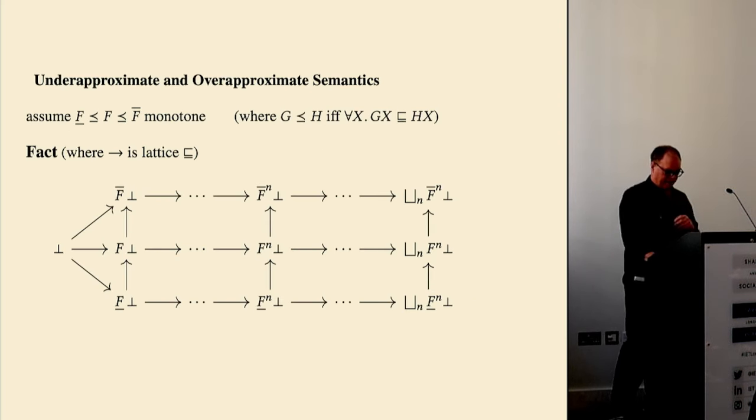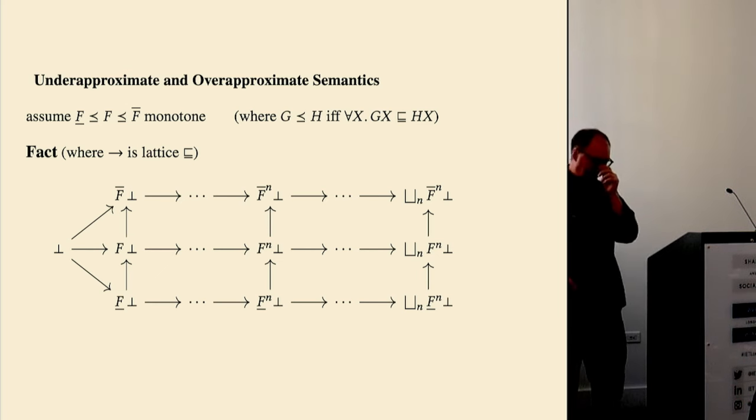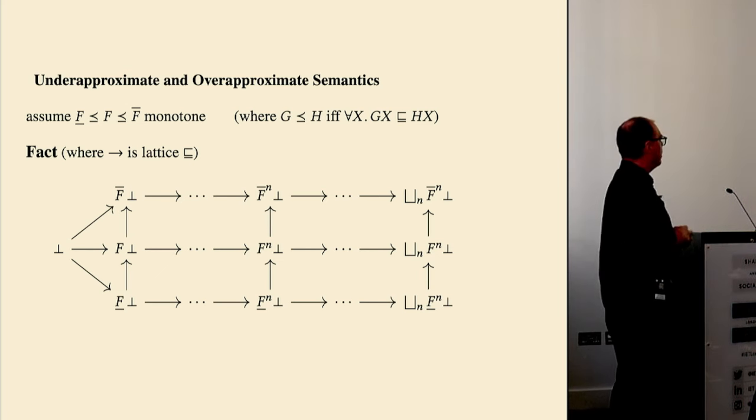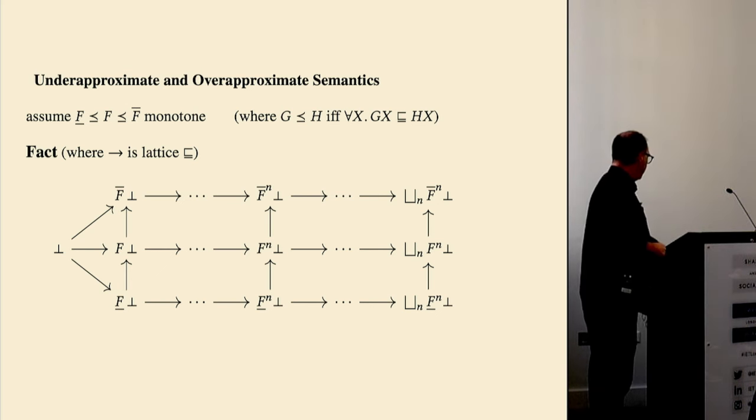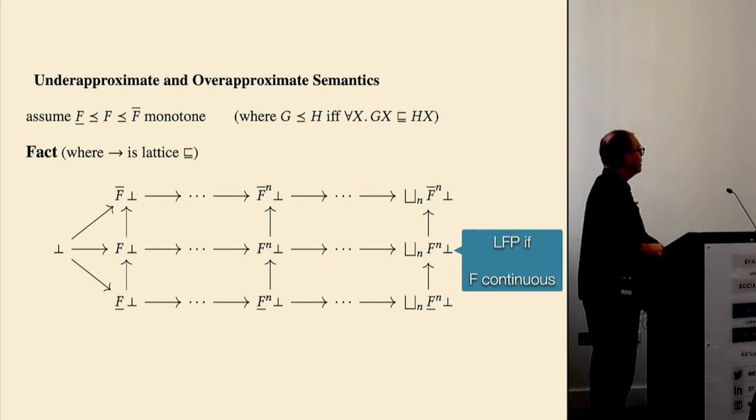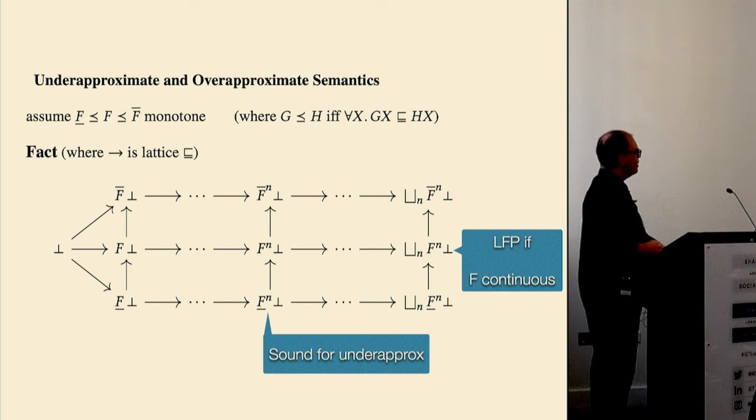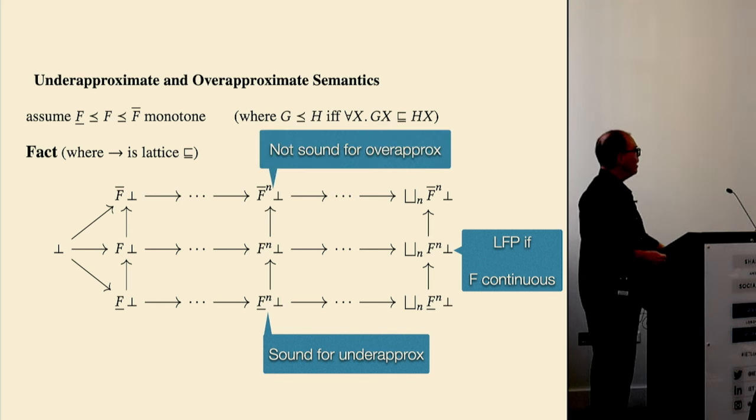There's lots of other things to say, but now if I compare the under and over approximate semantics, then I get a diagram like this, and that's the least fixed point of the concrete semantics if f is continuous. Now you see right away that I can stop after finite unrollings for under approximation, right? Well, that's immediate from that diagram. If I stop there, it's not sound for over approximation. There's lots and lots of things you can see from this abstract perspective very simply, and this just confirms that it's true. So again, this is lining up. There's much more I can say about this,